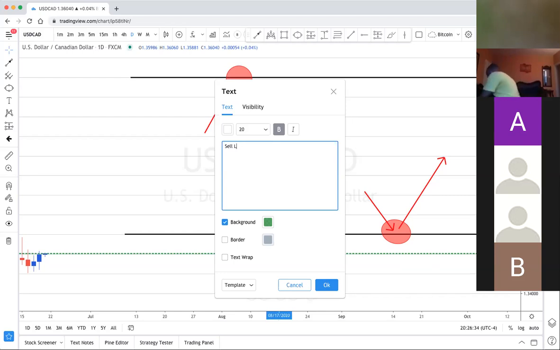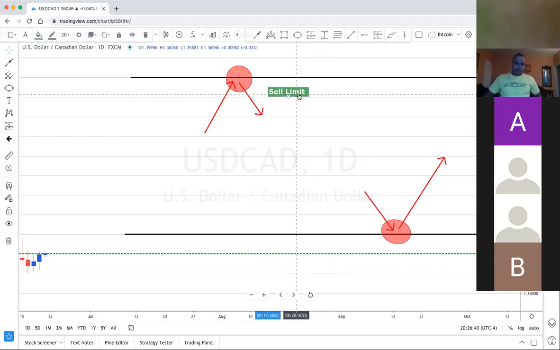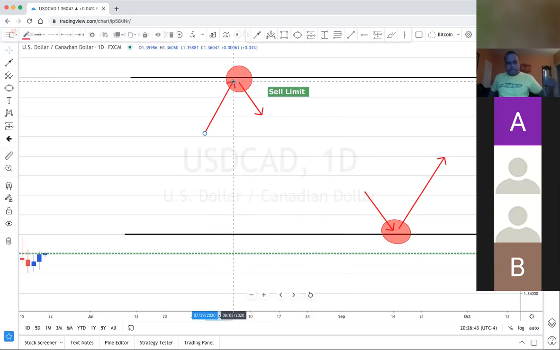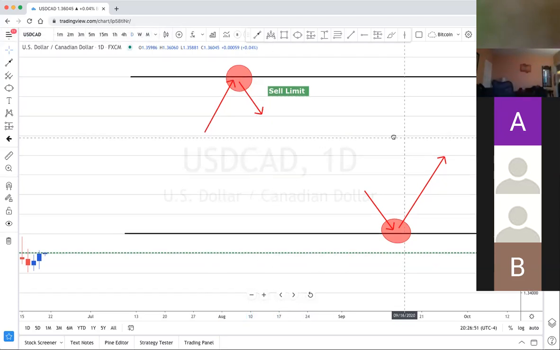okay? This is why sometimes when you guys see certain trades from like Steady or Bounce Back Sniper or whatever, that's called a sell limit. That means price hasn't come up yet, but when it does come up, we're expecting it to drop. That's called a sell limit, okay? Now,